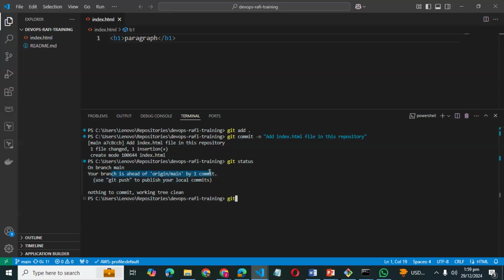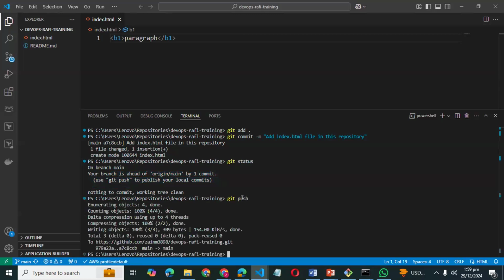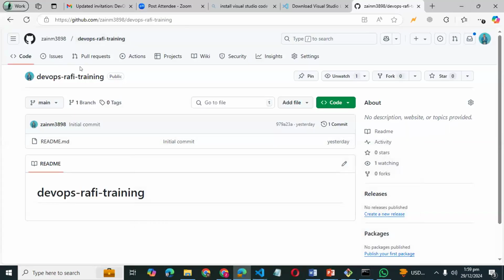So once you add the commit, you have to push it. You just need to write the git push command. What is this command going to do? Whatever changes we made in our local repository are now reflected in our GitHub account repository.